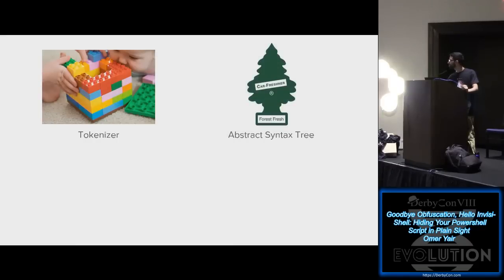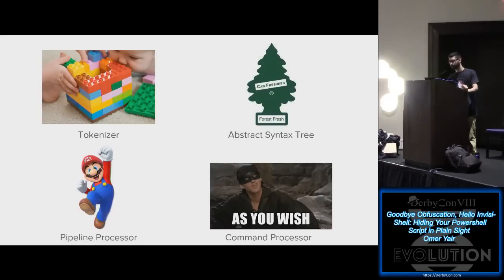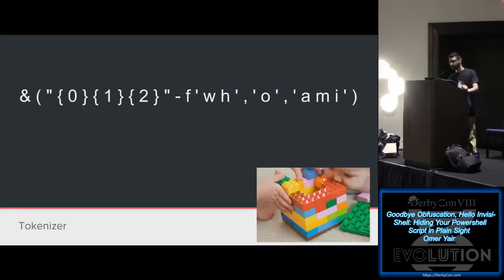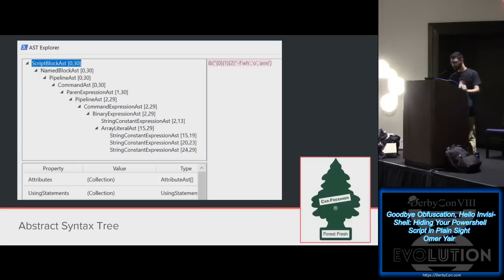PowerShell has four parts that you need to know about. The first one is the tokenizer, then you have the abstract syntax tree, then the pipeline processor, and the command processor. The tokenizer splits your text into lexical units, which means it gives them meaning. So it sees the first one and knows that it's an operator, a group start, a string, and so on. But I think only when you see this kind of division into lexical units,